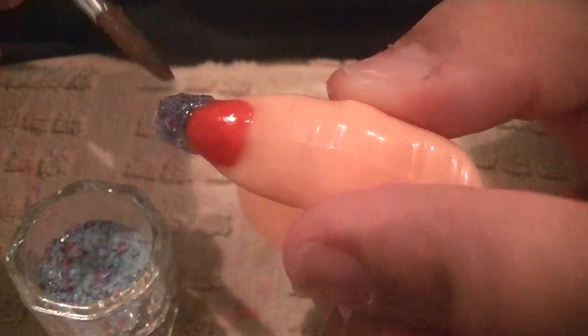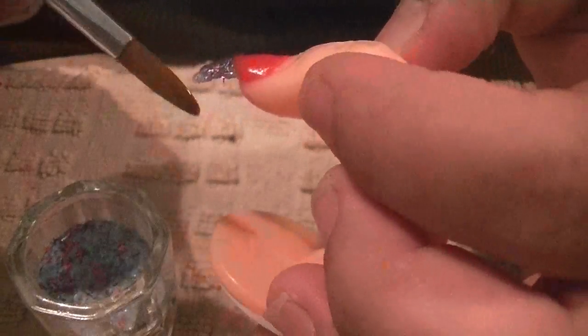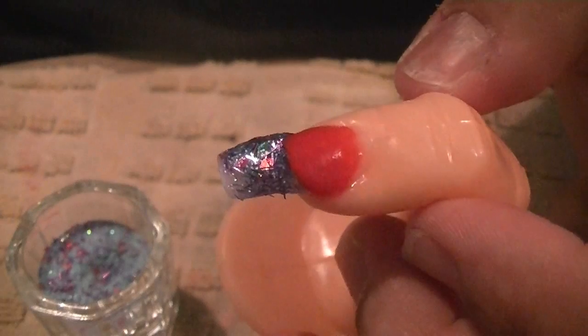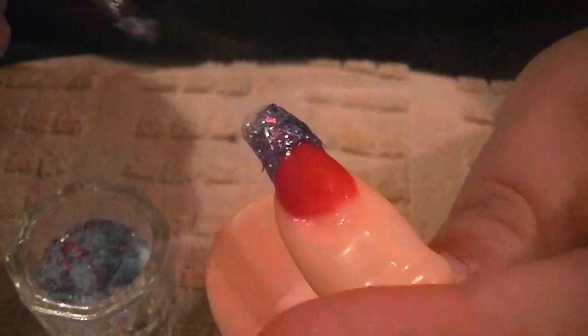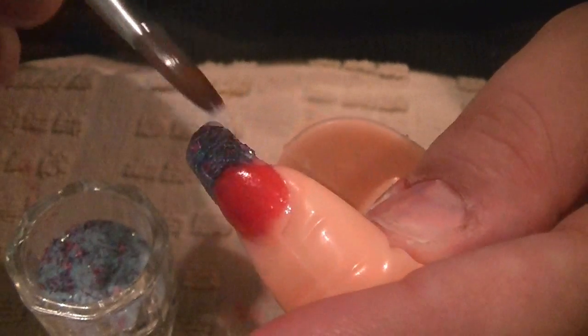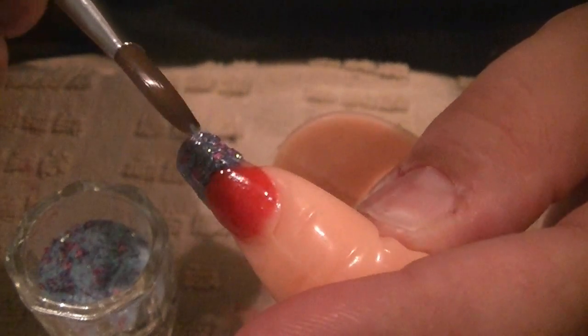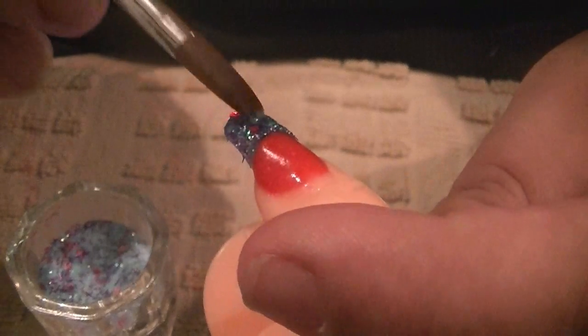But then you just fill it in, and you tap it where you want it to go. Make sure that it's the way that you want it. I need a little bit more for the tip. Now the glitter part you really don't want too thick, because you still have to cover it with the clear